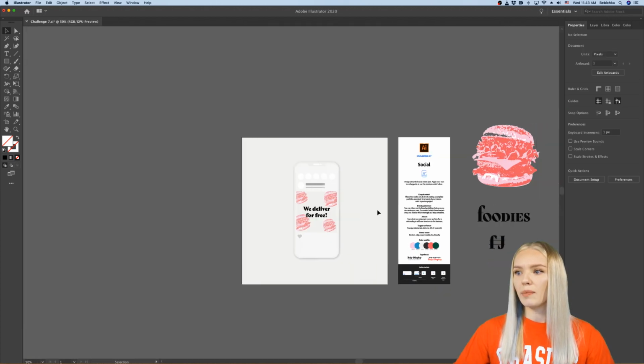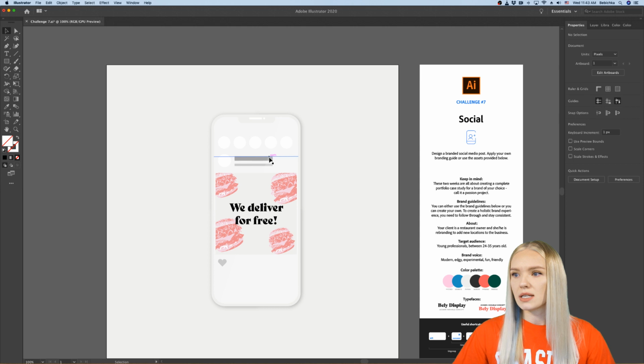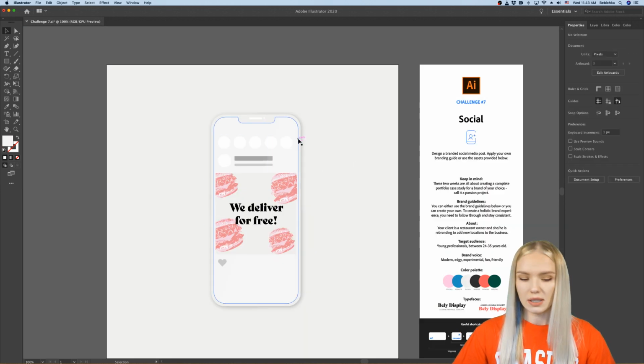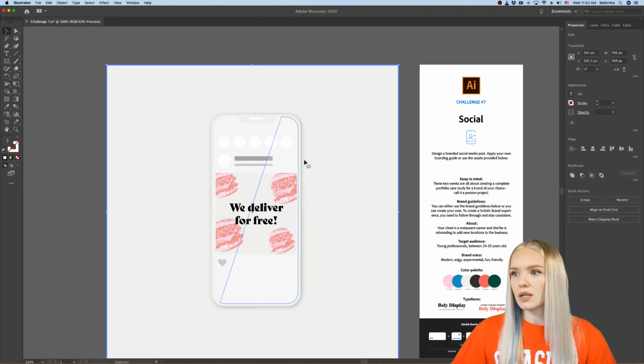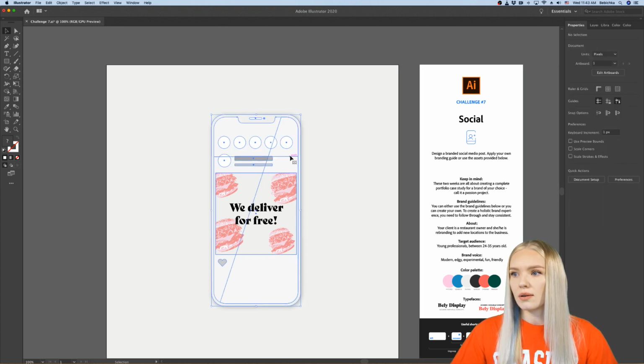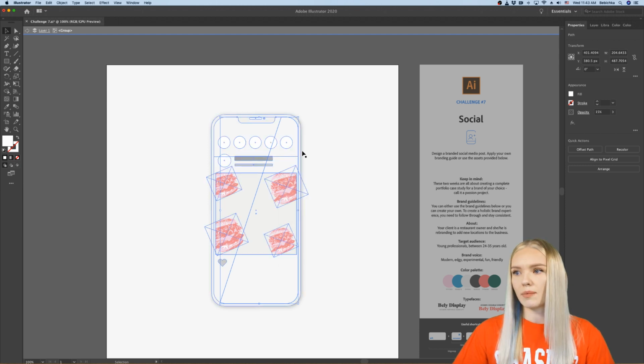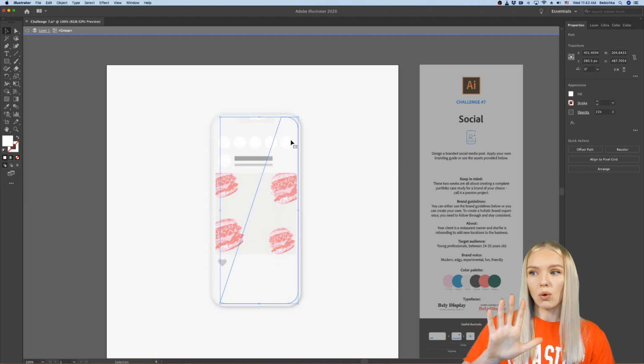And now I can go back and place my little shadow or reflection on top. I have locked this, so of course it's not going to be visible to work with. So I'm going to place this one on top. I'm just going to copy and place this on top of the whole mockup.